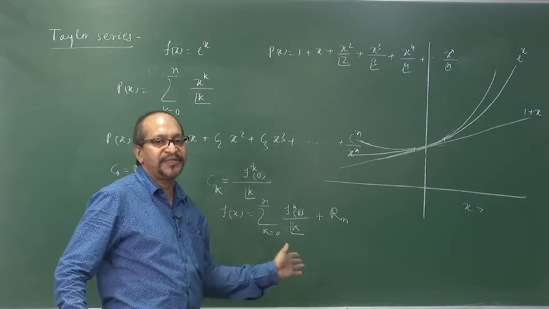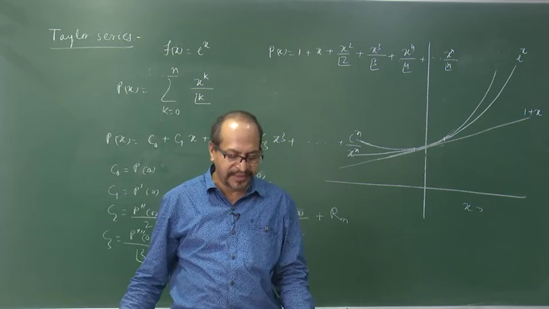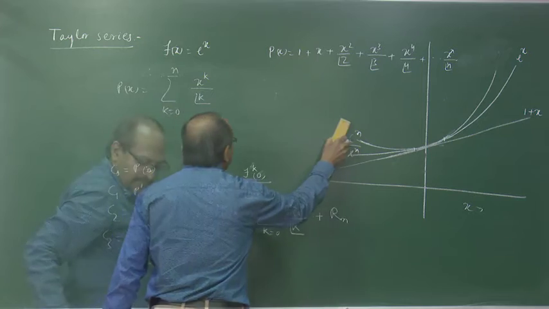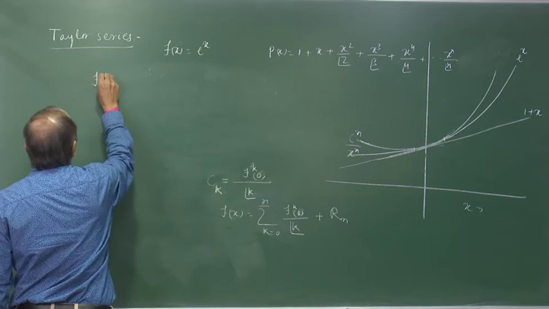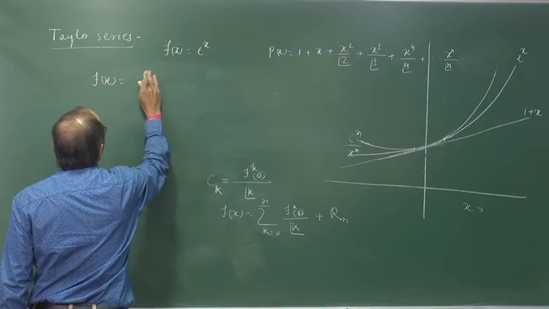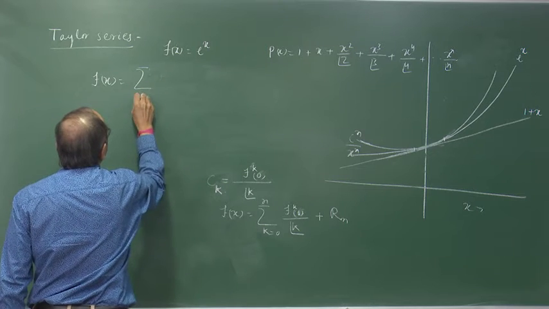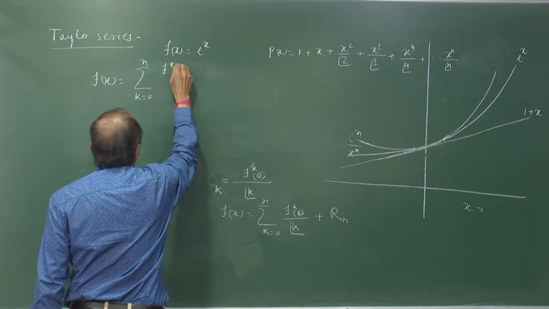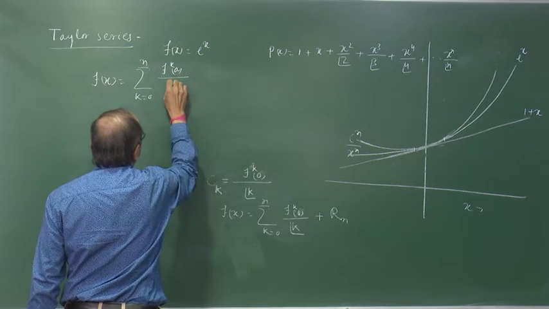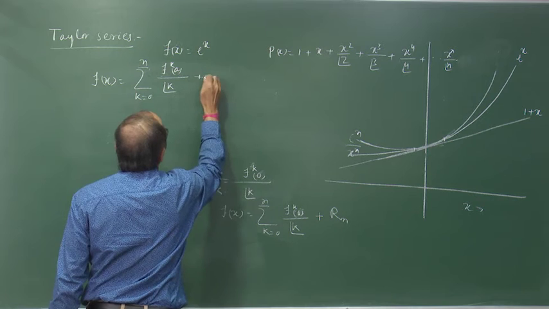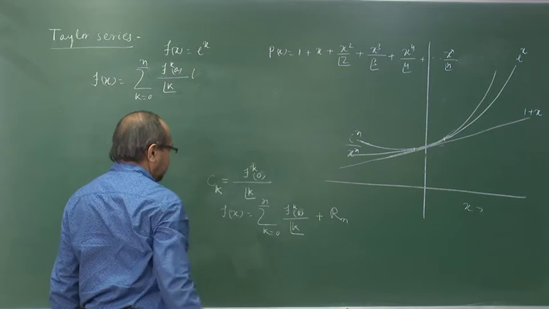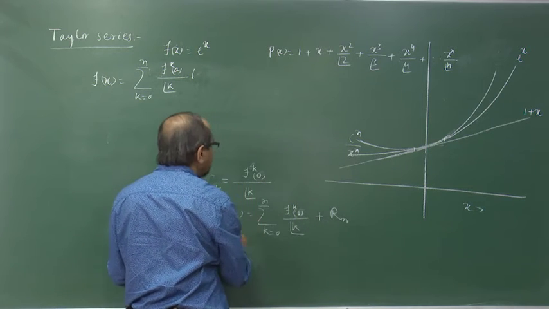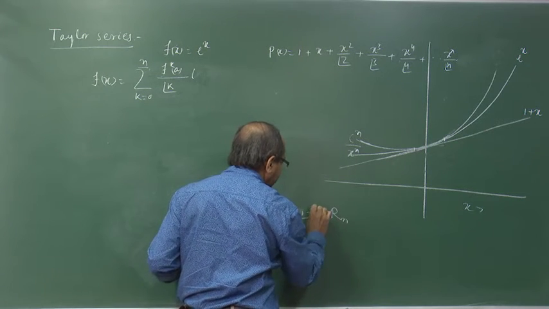If we want to expand it about x is equal to any point a, then our f of x will be the summation k is equal to 0 to n of the kth derivative of f at a by k factorial into... I have missed something here. When I am expressing this function, these are the coefficients into x to the power k,